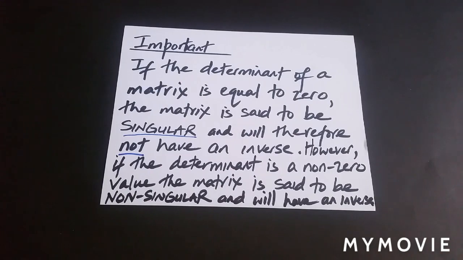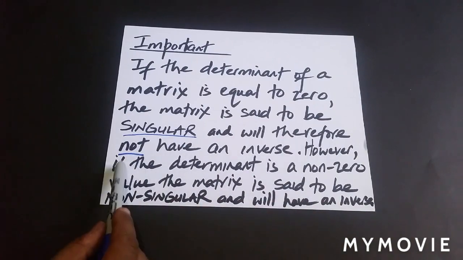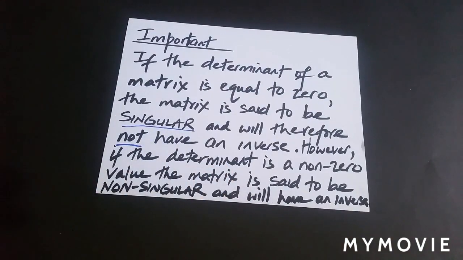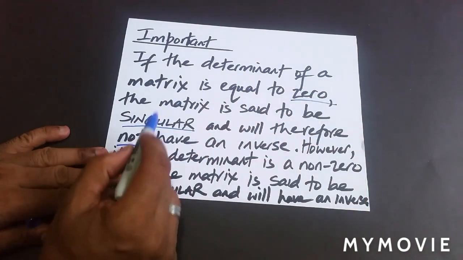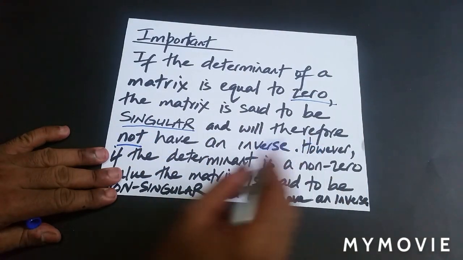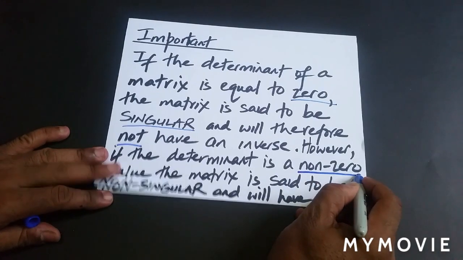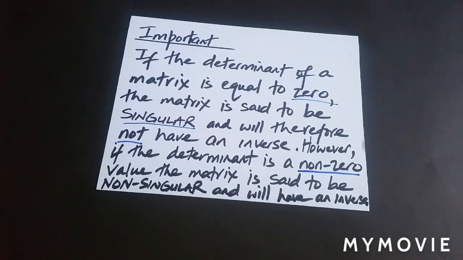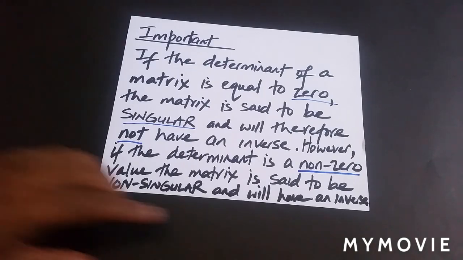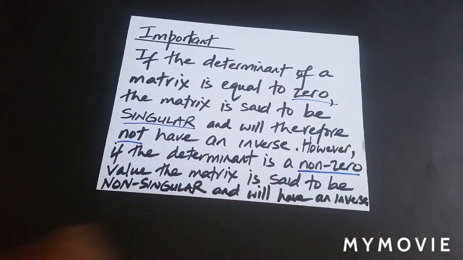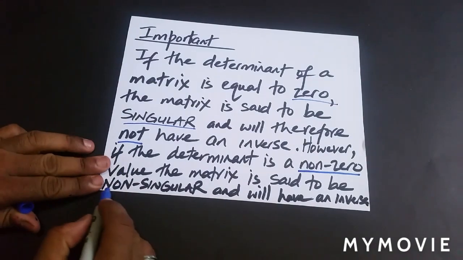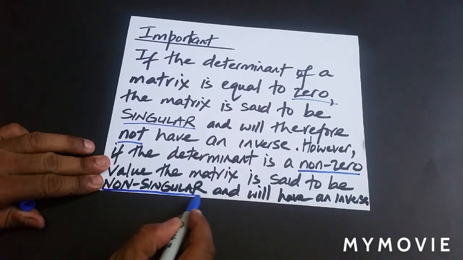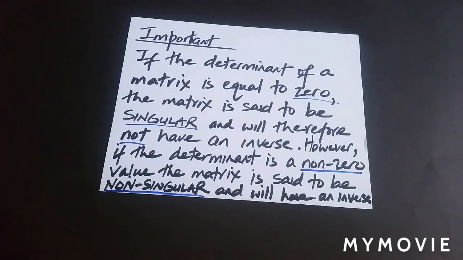Now, however, if the determinant is a non-zero value, meaning any number other than 0, so it could be negative or positive, it could be 3, it could be negative 4, as long as it is not 0, the matrix is said to be non-singular